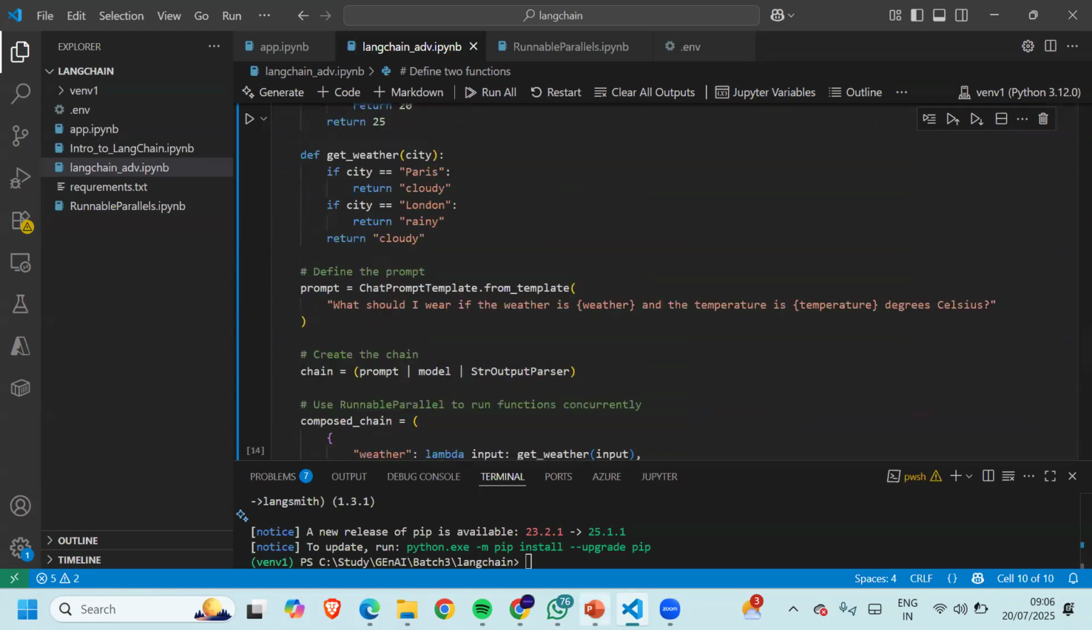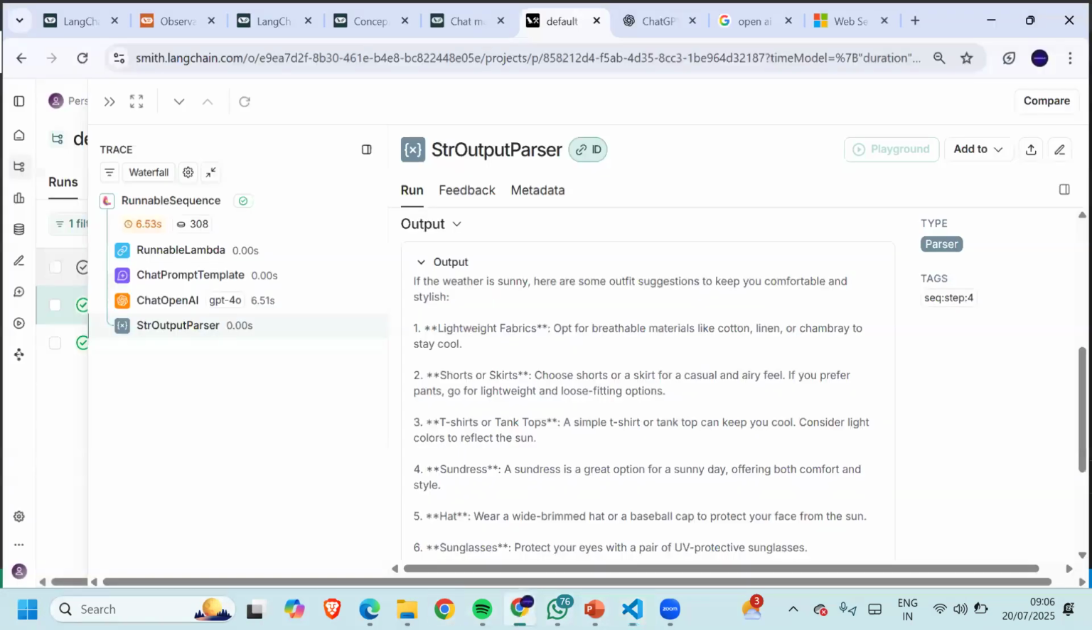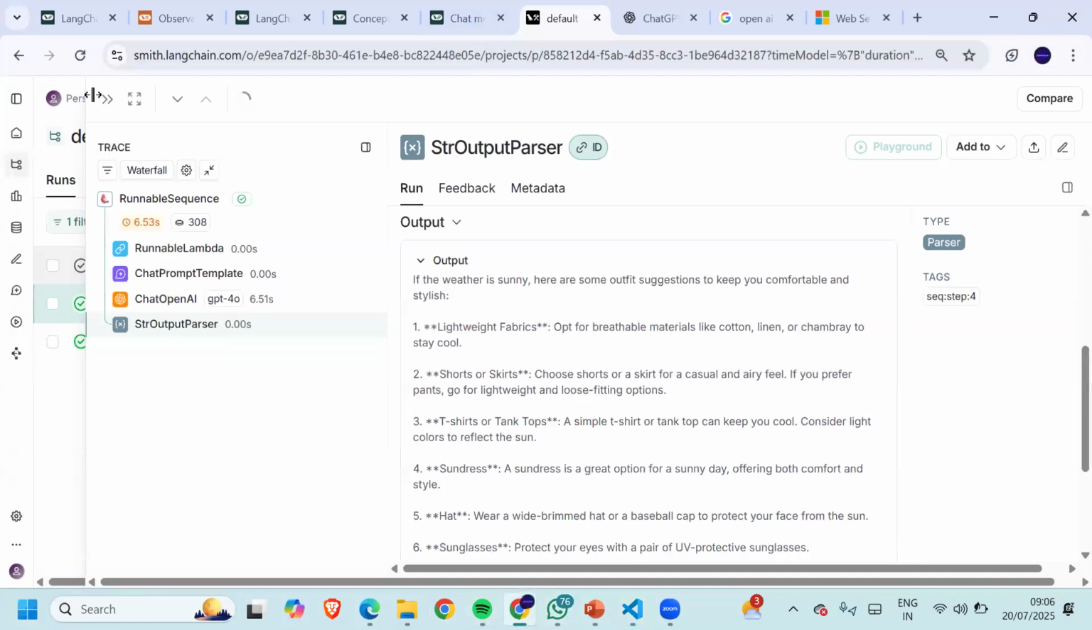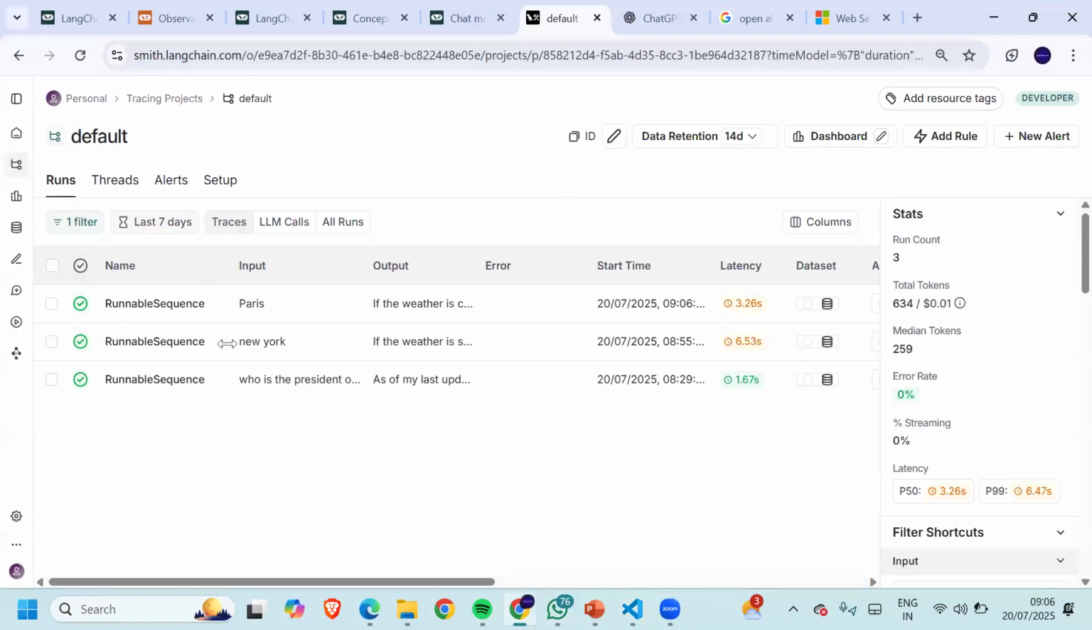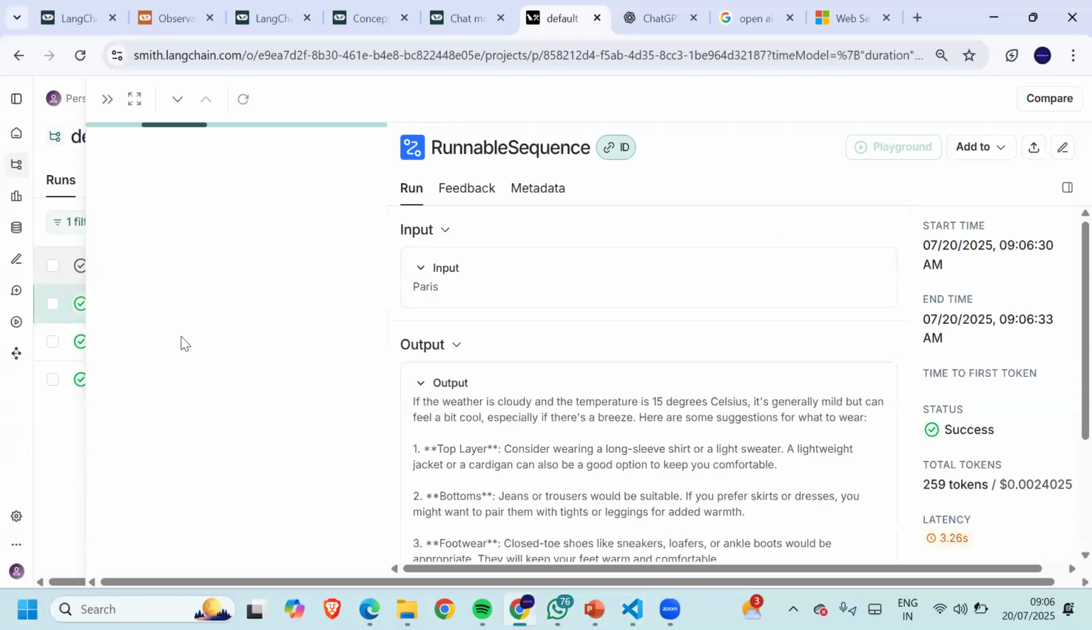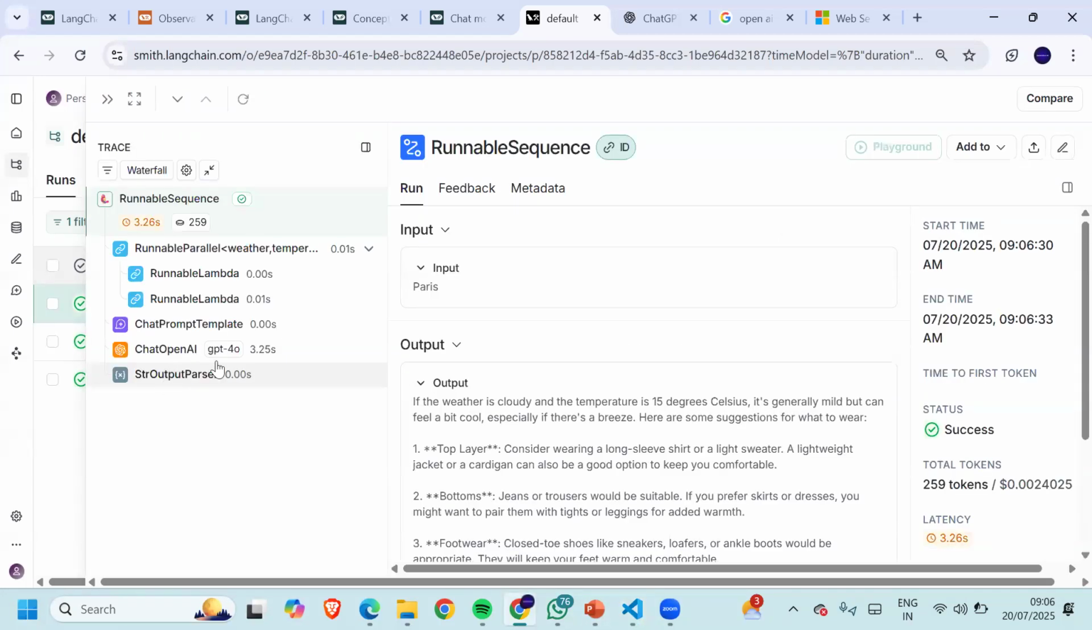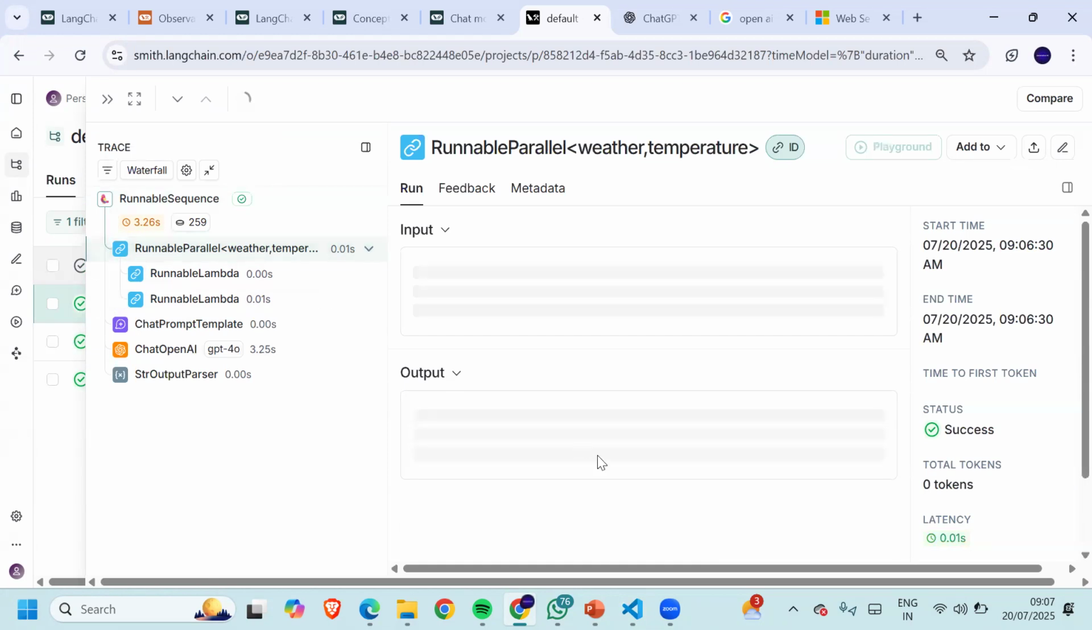If I go back to my platform, this is my runnable sequence, and now I can see this is my top chain. It has taken 3.26 seconds. Within my chain, there was a runnable parallel. That's why you can see these are written in the parallel. If I click on that, it will show me the overall